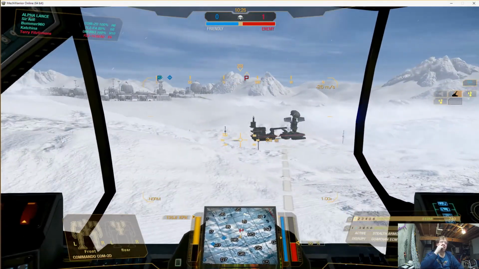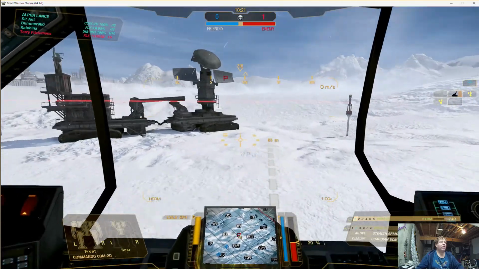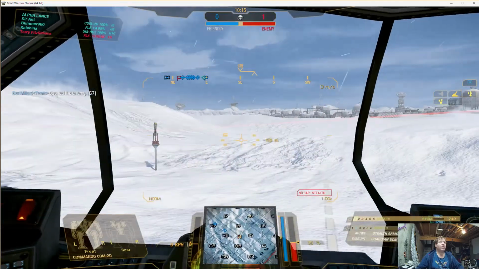Really don't like this base location because behind you it's nice and open, there's nothing there. But I believe the enemy is going to be right on the other side of that ridge. So I've got to hide behind their base. And once they start shooting...